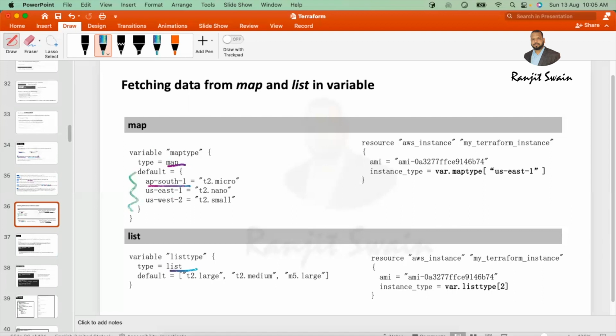As I said, for this key, ap-south-1, the instance type should be t2.micro, and for us-east-1, the instance type should be t2.nano. Like this you can use it. So you have to correlate where you can use this kind of type, map or list. Here is the list, right? Suppose for list type default this particular